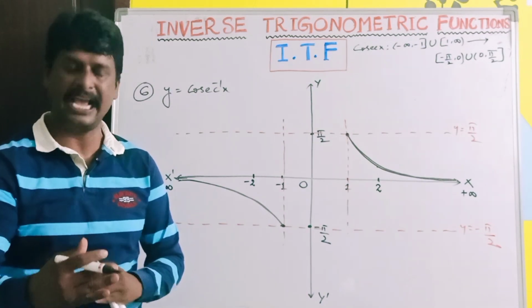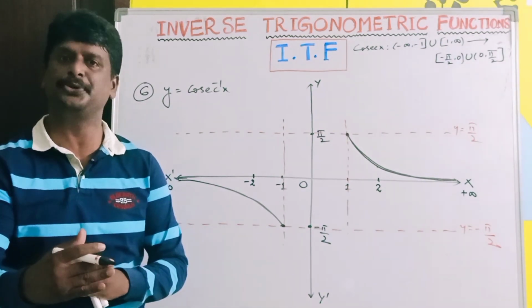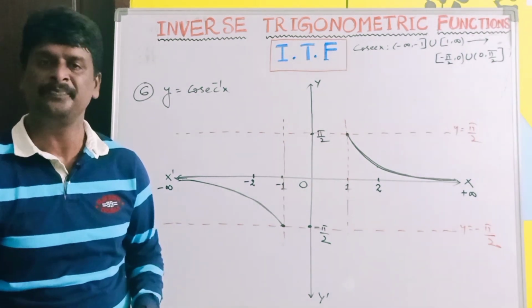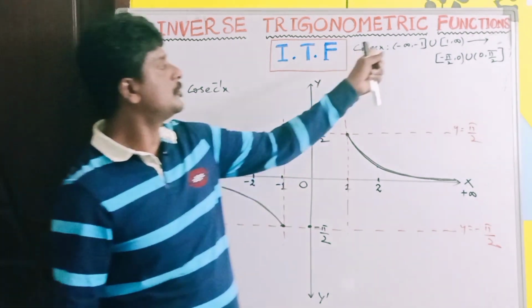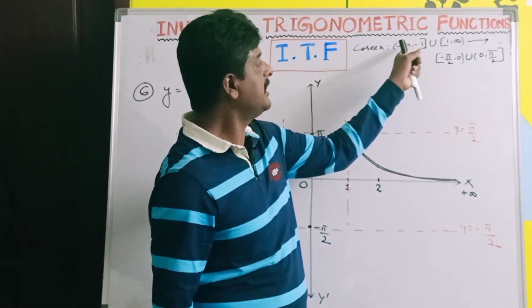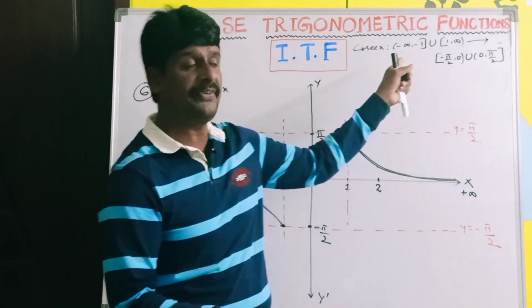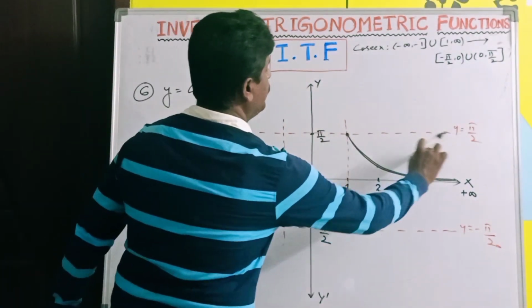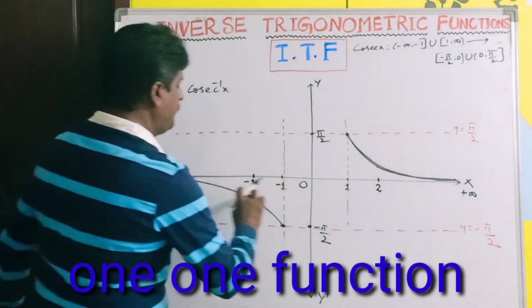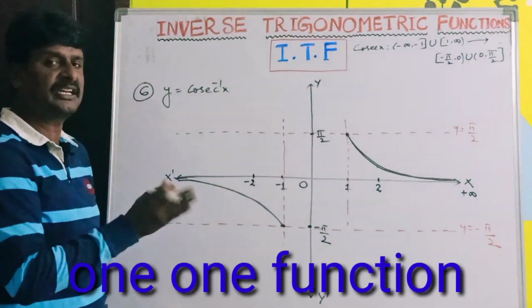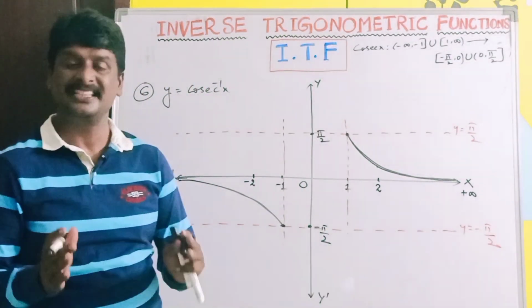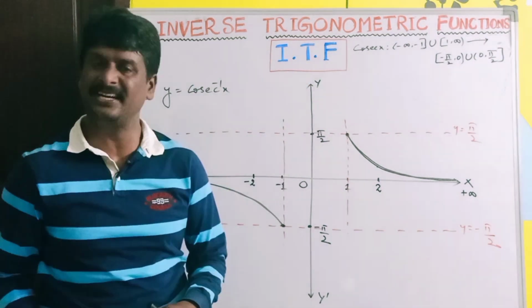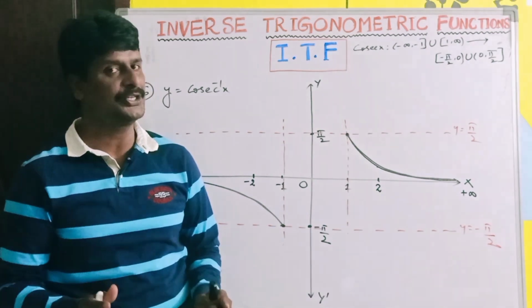It may have a sharp edge, it may be discontinuous, we don't know its nature. That's why, excluding extreme points, it is differentiable everywhere. So it is differentiable on the open interval minus infinity comma minus 1 union open interval 1 comma infinity. It is a one-one function. If we draw any line parallel to the x-axis, it will intersect the graph at only one point. That's why it is one-one. Of course, its range considered as codomain, it is also an onto function.